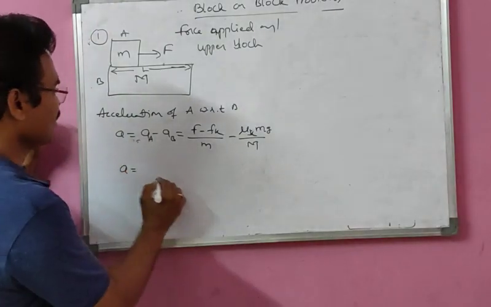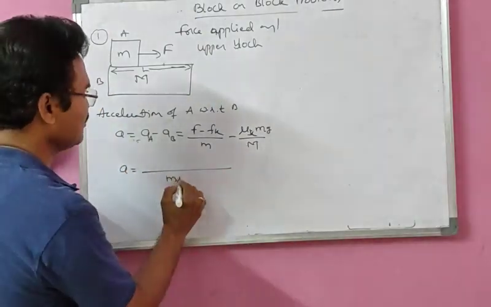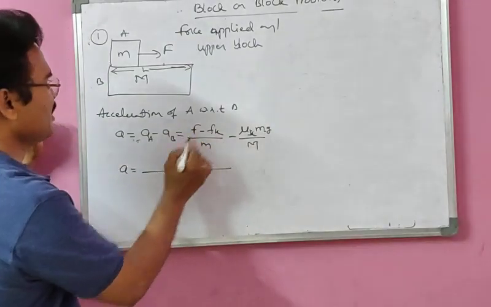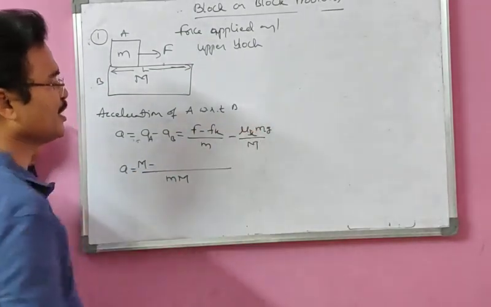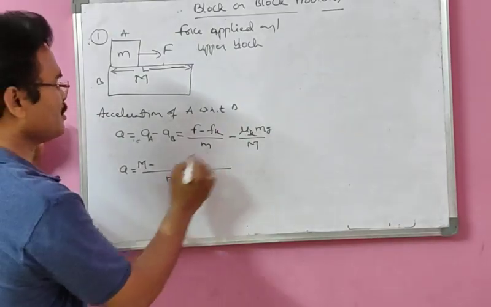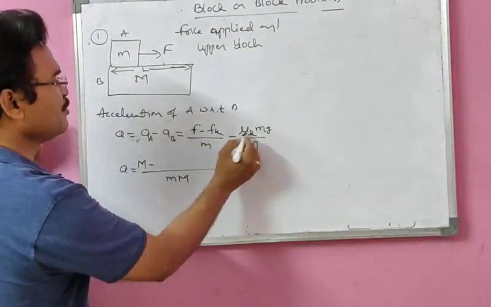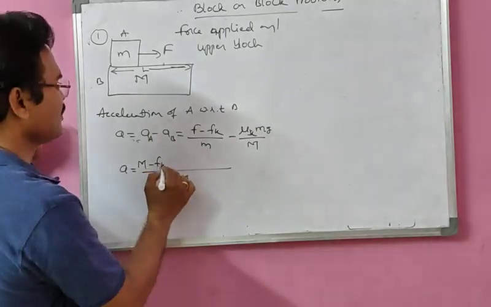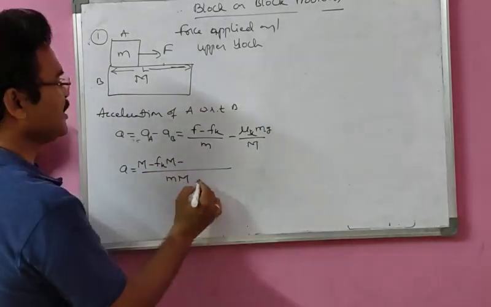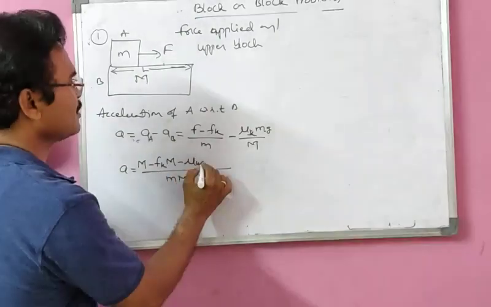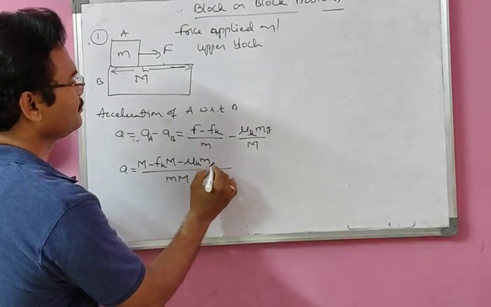So it becomes what here? LCM is small m capital M. So this multiplies M here, right? I said Fk equal to again mu k mg here. So M, so what we can take here? This M goes here. So F M minus mu k small m,